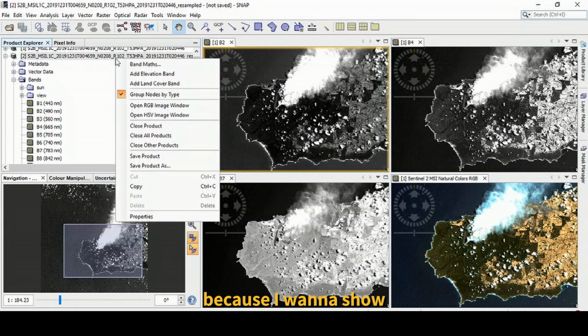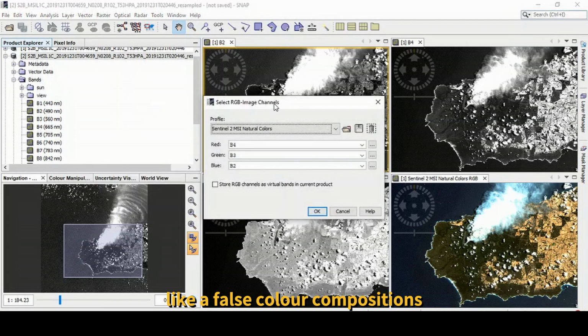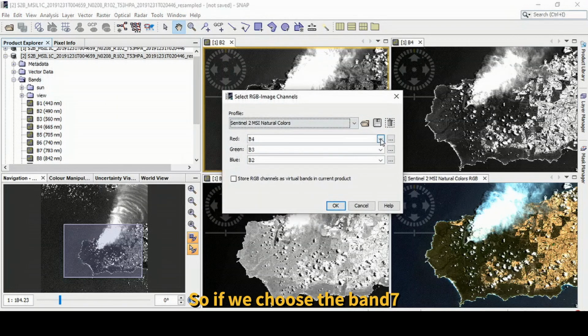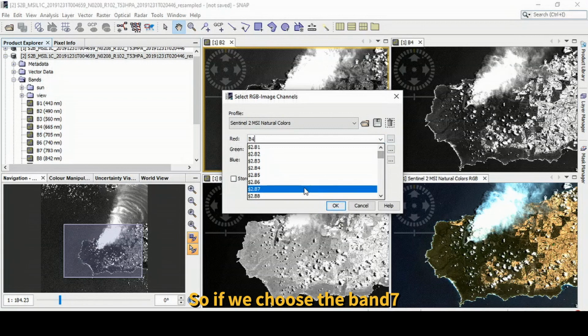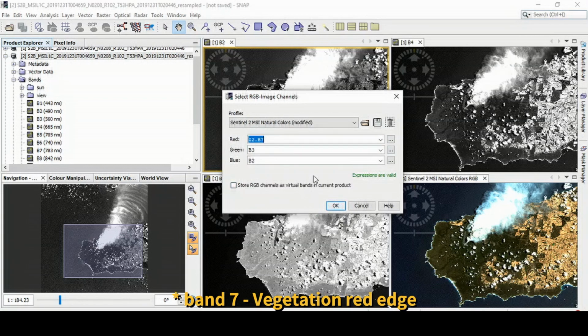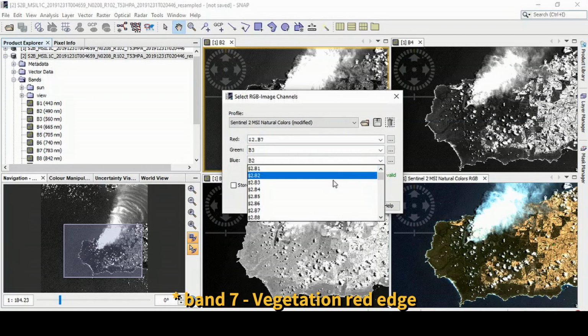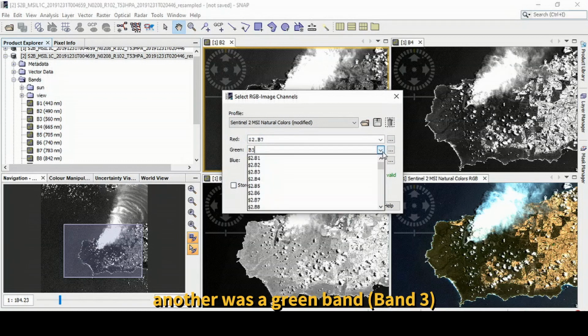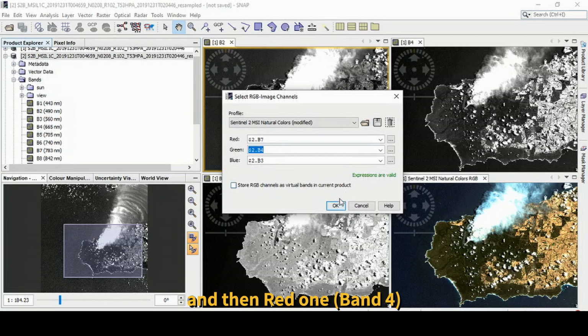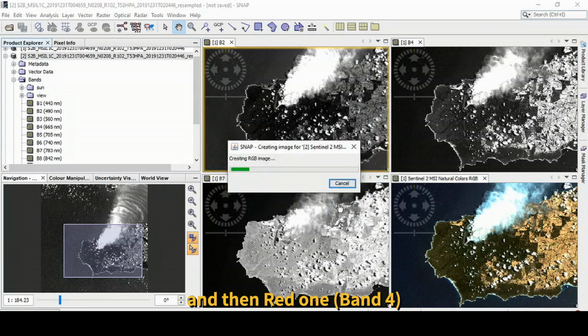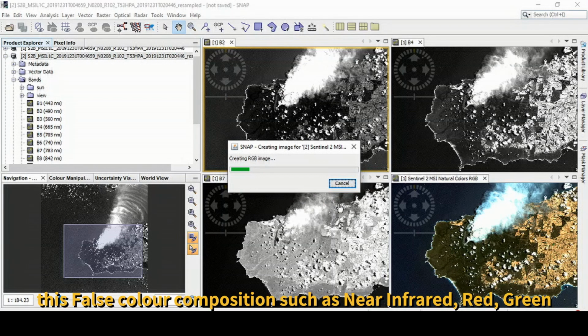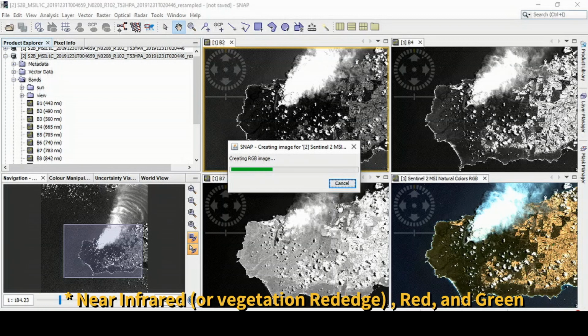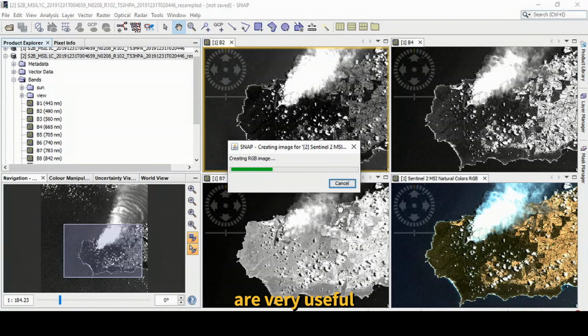Because I wanted to show the false color composition. So if we choose band 7 from near infrared, the other one was green and the red. So regarding vegetation and forest monitoring, a false color composition such as the near infrared, red and the green wavelength is useful.